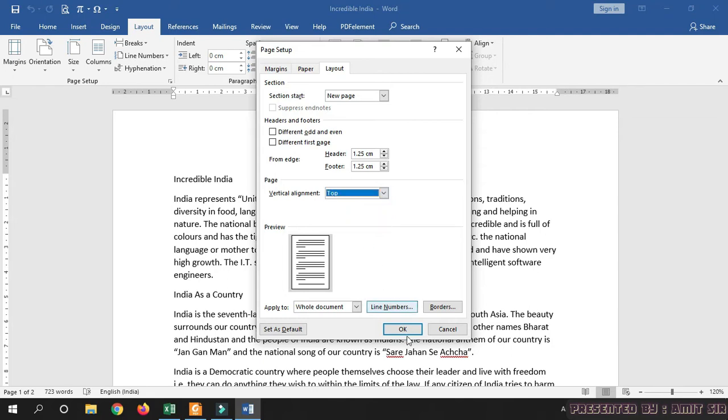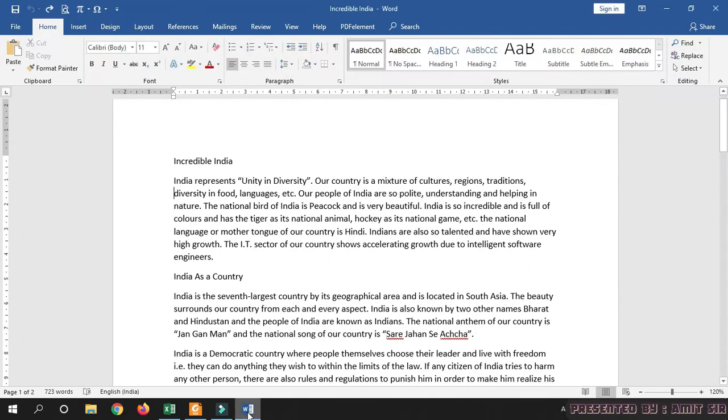Okay. Today we are going to learn about line spacing. Line spacing refers to the space between two lines within a paragraph. This is one line and the second line. So the white space between these two lines is called the line spacing. By using the line spacing, we can accommodate more lines within the same page, or we can increase the line spacing to make the paragraph more readable.